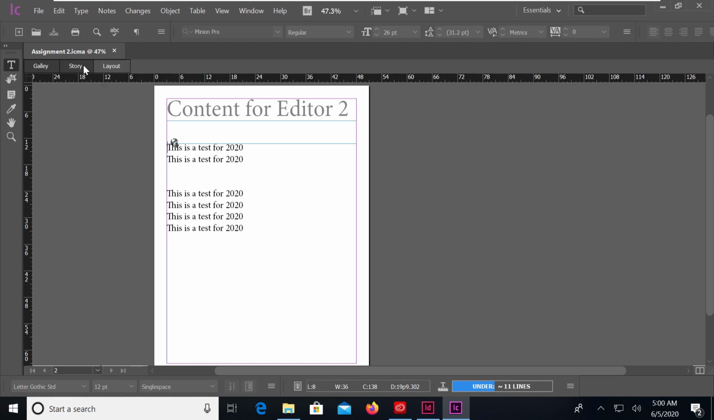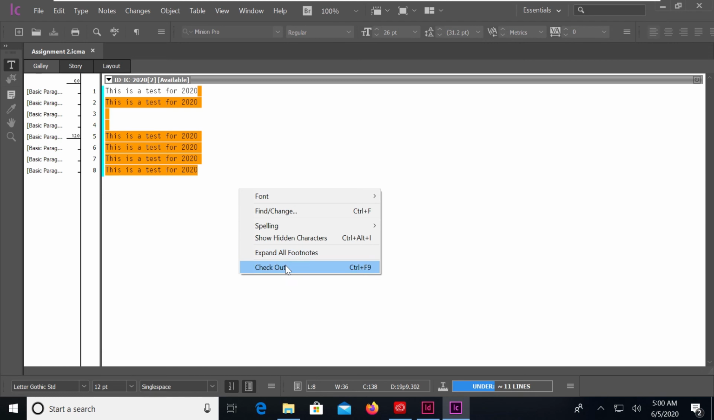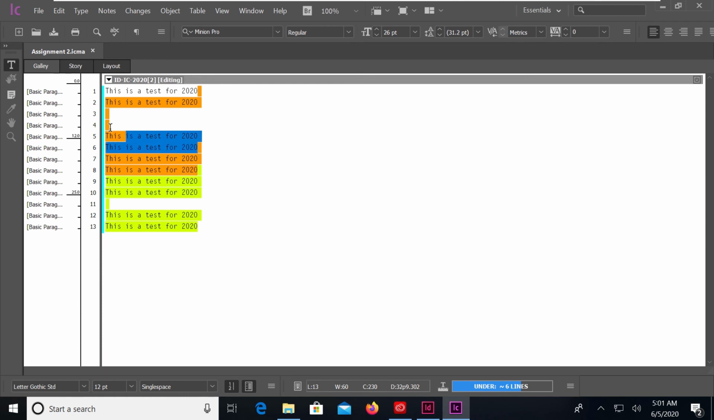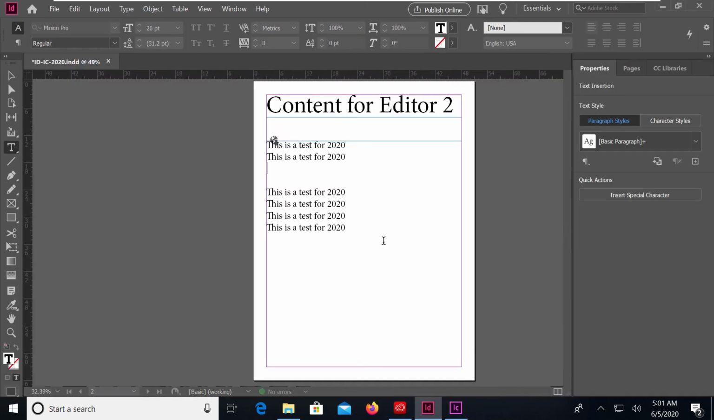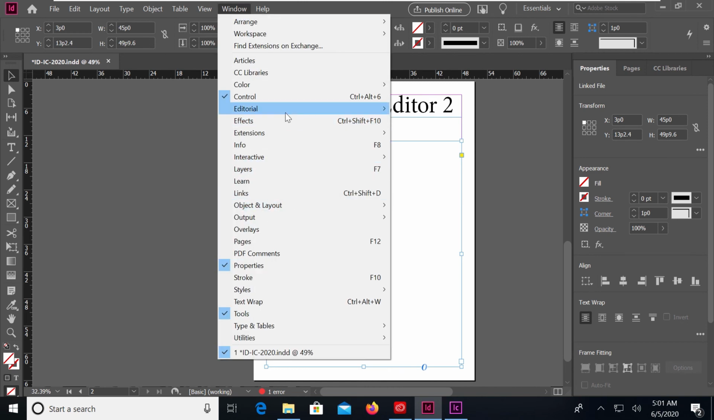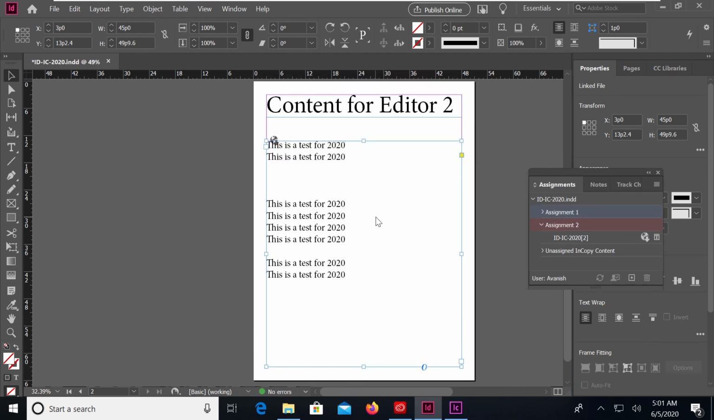Now I can see the text here in my layout panels, the story view and the gallery view. And if I just right click and then check out and then paste it a few times, probably select the first two items here from the top and just delete them, and right click again and check in. Okay, I'm going to go back to InDesign and go to my assignments and then refresh the content and view copy and check out